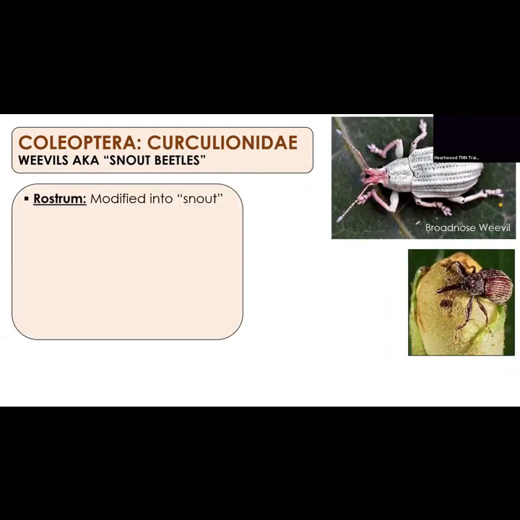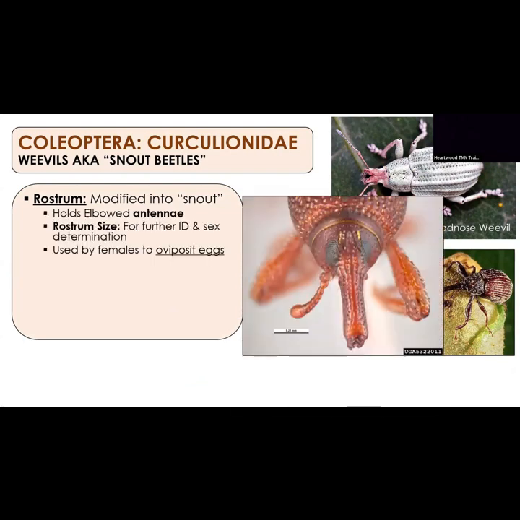Weevils. Oh, I love weevils. I shouldn't. They lead to bark beetles, but they're so cute. Here, I'll start the weevil with you. So weevils have a modified rostrum. They have an outright snout. So weevils are usually called snout beetles. Sometimes their snout is broad, and that's why it's called a broad-nosed weevil. But most of them have that long rostrum snout and their antenna come off of it.